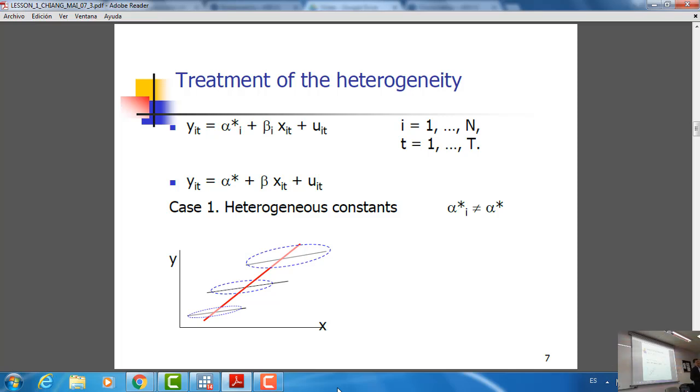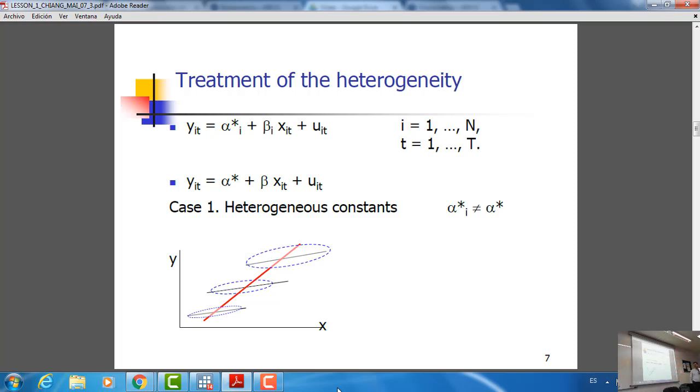They have different output for the same input. And you see that the constants are different, small, then medium, and large. The constants are different, although the slopes are the same. You remember this from the other class? So if we take into account heterogeneity, this is great, because this is going to help us